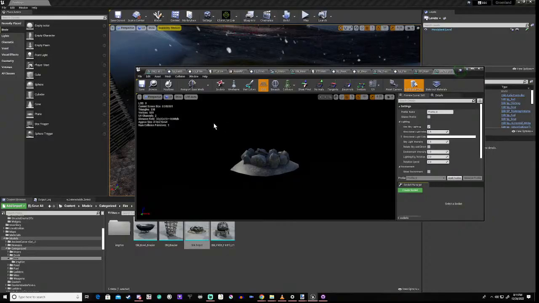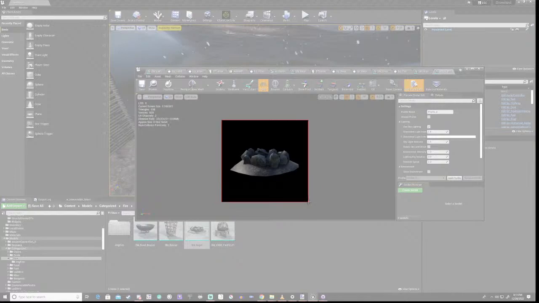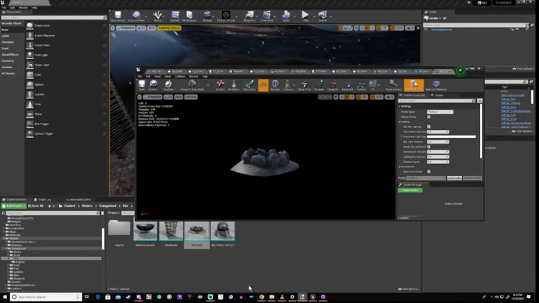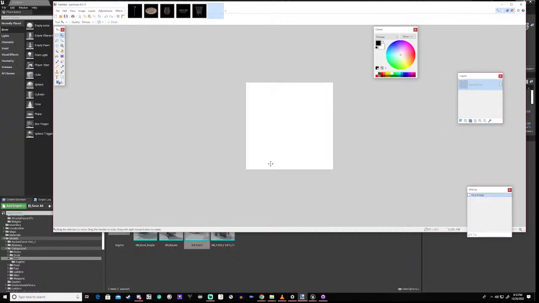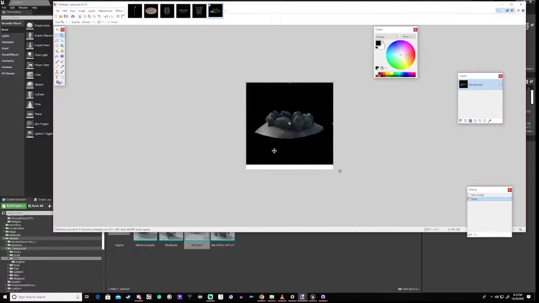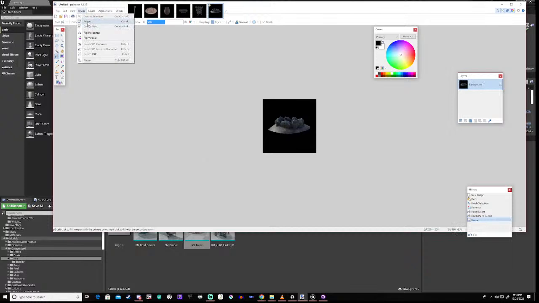Windows Shift S. Go with that. File new. And we shall go 417 on that one. OK that. Paste it in. Escape. Fill tool, fill it. Image. Resize. 256. Now if anybody in chat there knows a better, faster way of doing this, then by all means let me know. There probably is, but